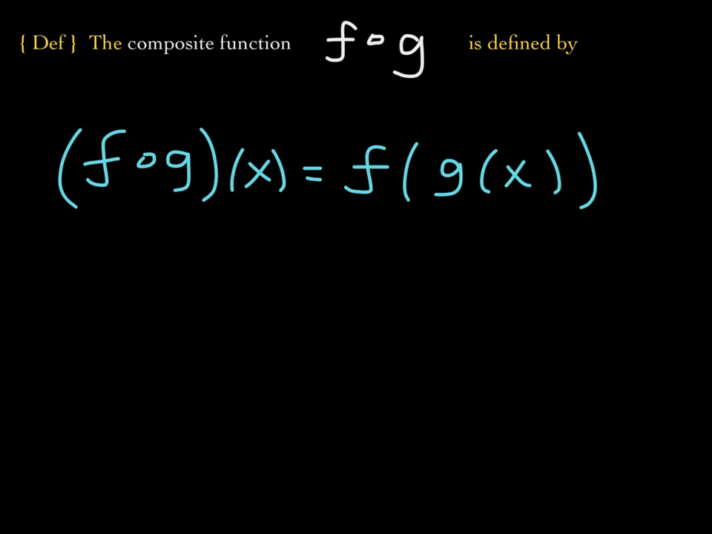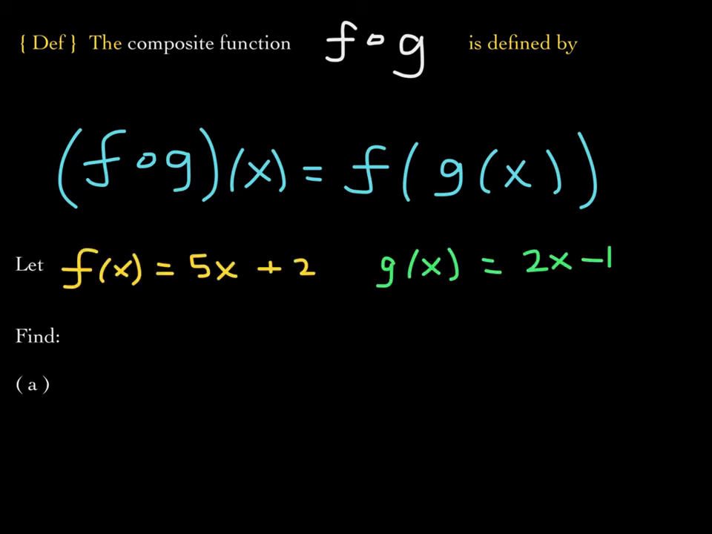Now, let's look at an example to show what this means. All right, check out this example. I've given you a linear function named f. It is 5x plus 2. Another linear function named g, and it is 2x minus 1. Okay? The first thing we're going to find is